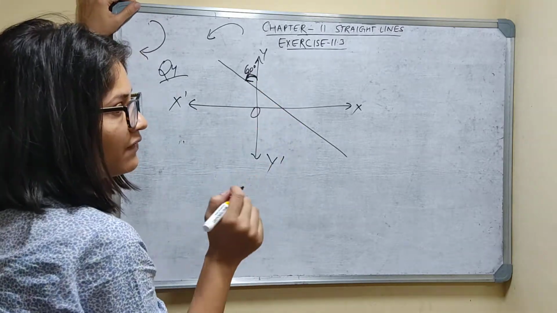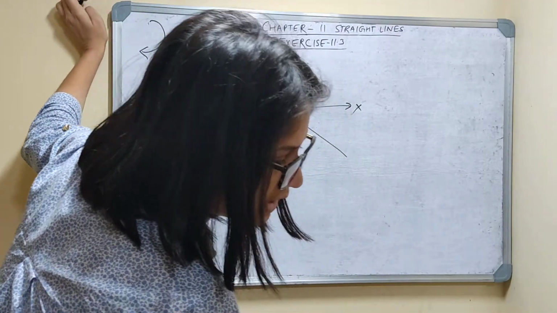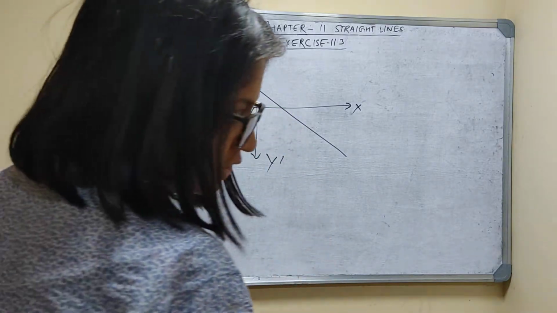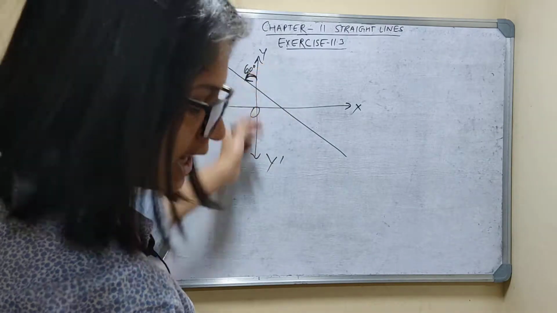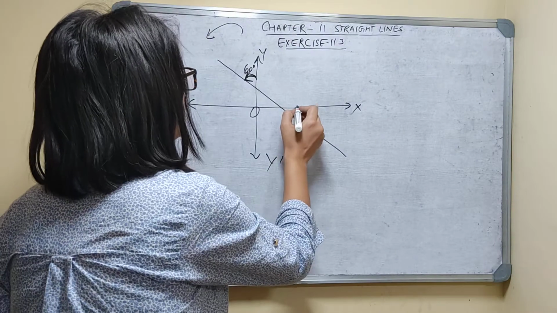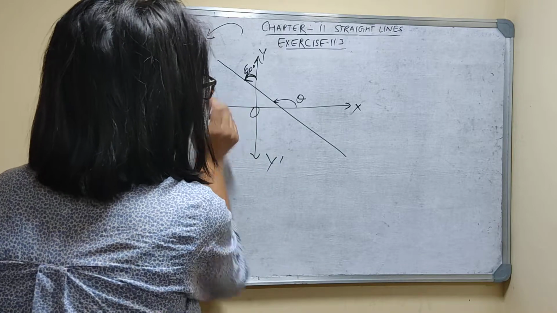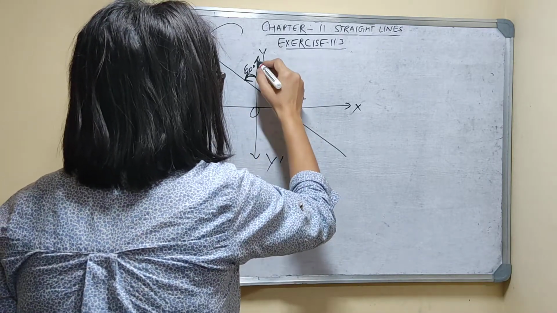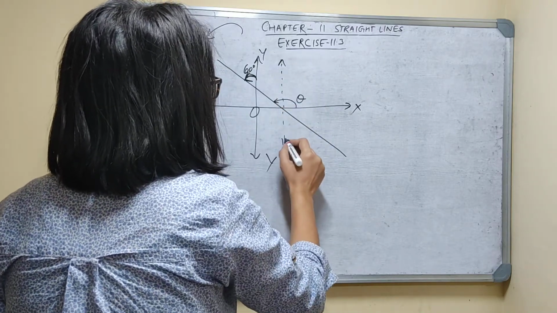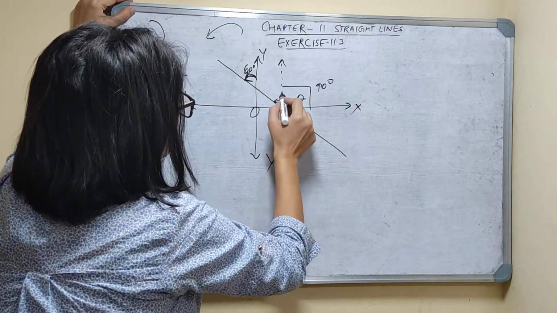But I have to take theta from what? The positive direction of the x-axis, measured in the anti-clockwise direction to the part of the line above the x-axis. So it will be what? Theta will be what? From here it is theta. But this part is given as 60 degrees. So I will draw a line parallel to the x-axis here. I will draw one parallel line here. I know this is what? 90 degrees this part, and this part is what?